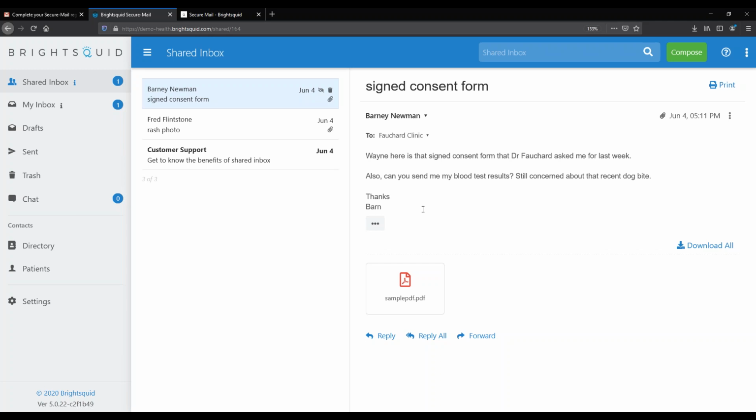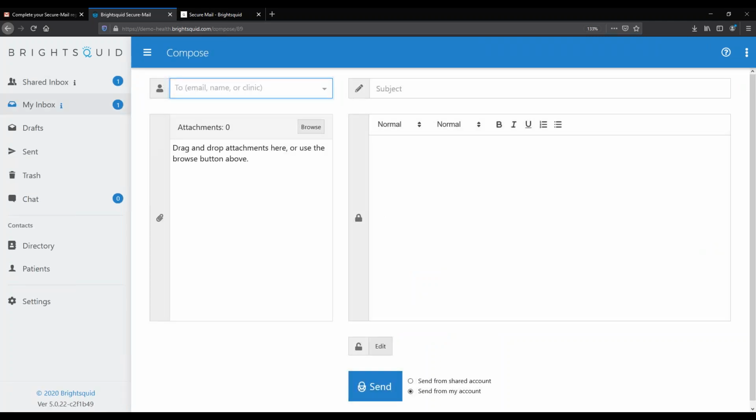So the answer is, you can invite people to use Secure Mail with you, and you can send messages to those that already have Secure Mail accounts. Let's see how that looks. So again, falling back on my email analogy, in the top right-hand corner here, I'll select Compose. And now we see a composition screen, which I'm sure looks familiar to all of you. And from here, I can address a message to one of those two groups of people. And by those groups, I mean those that have Brightsquid Secure Mail accounts and the rest of the world who